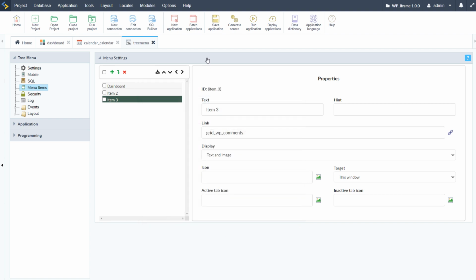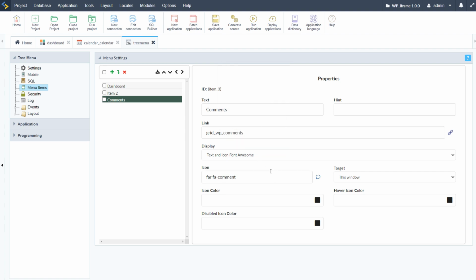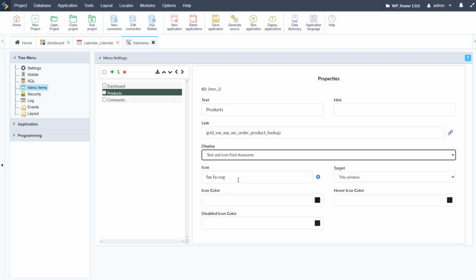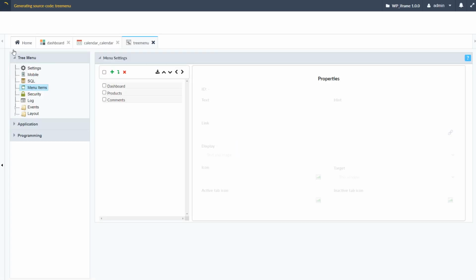Import that, save that, and then of course update here the titles, and add some images or Font Awesome icons here also. So speech bubble, there we go. Comment is what it's called, and then we have here the product. And then here, for instance, we can choose, search for a box. There we go, a box for the product. Save that, run that again, and then just like so, we have a tree menu with 3 product items or